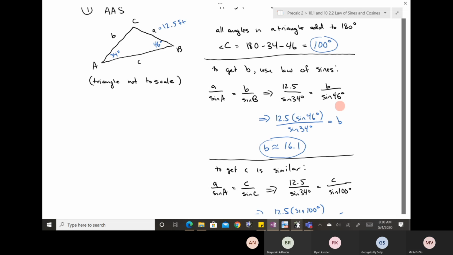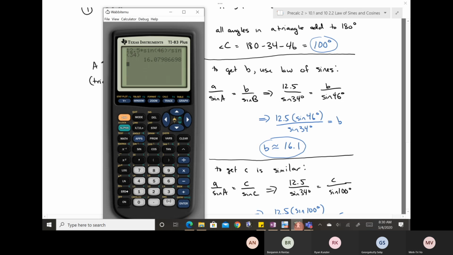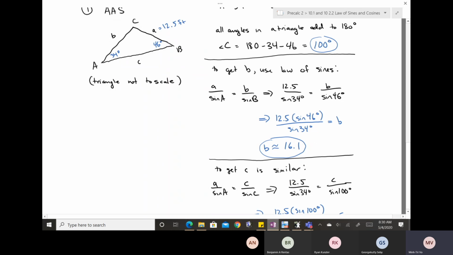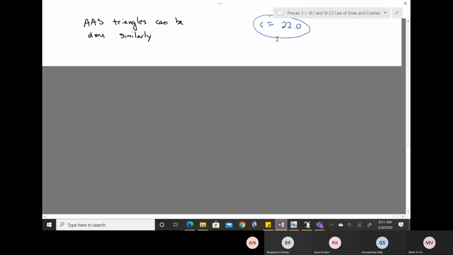So why won't this thing scroll? I don't know why this doesn't. Oh, there you